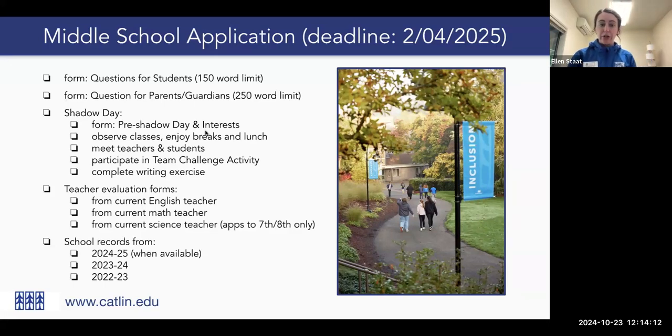So if your student is applying for sixth grade, then they will be paired with one of our current sixth graders and they'll spend the day with them. They'll get to go observe 3 classes. They'll spend break time together. They'll go to advisory group together. They'll have lunch together. They'll get to hopefully meet their host's friends and chat with teachers and just get to experience what it's like to be immersed in our middle school for a day.